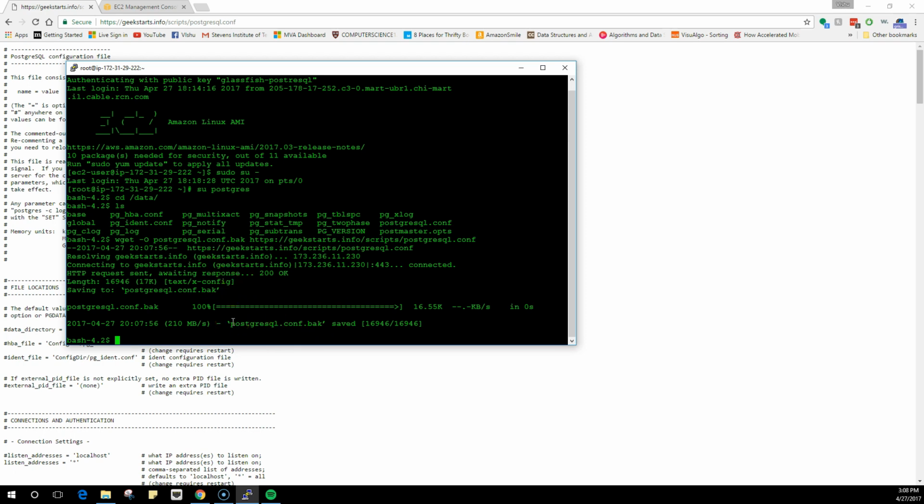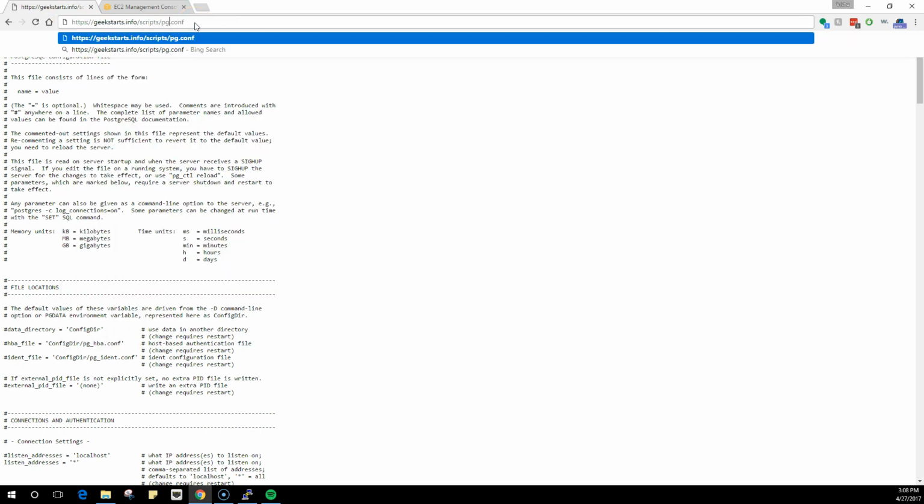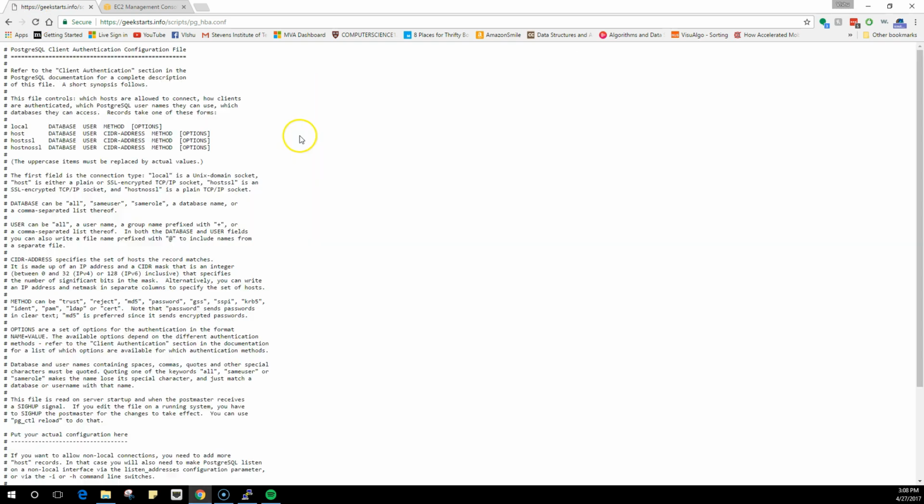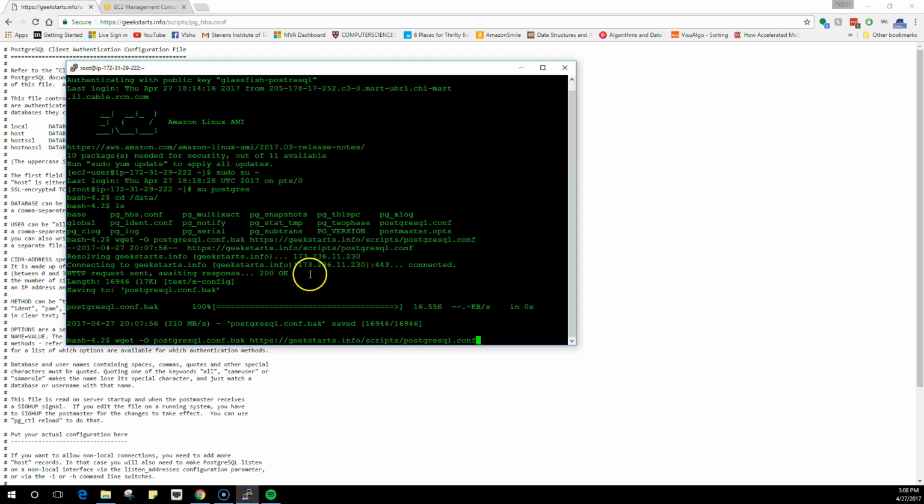I have to do the same thing for the other file, which would be pg_hba.conf. So this is the client authentication file, and we are also going to need this. Let's go to the same site. Let me type it again.